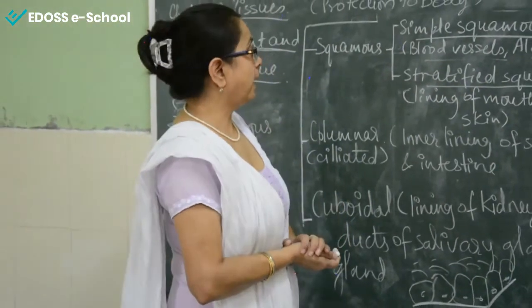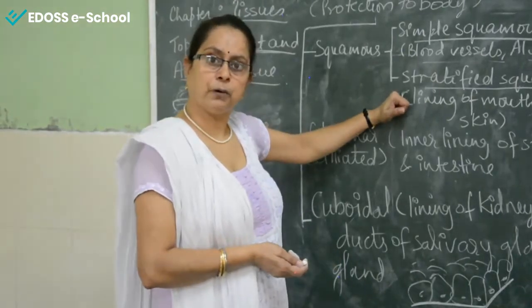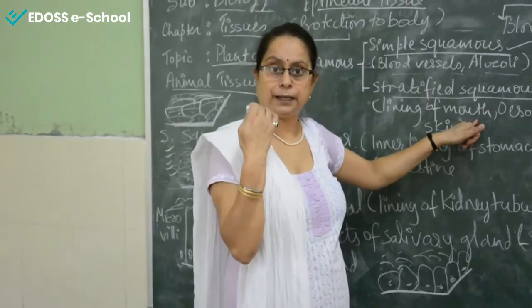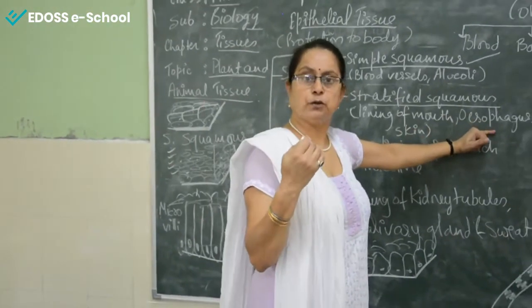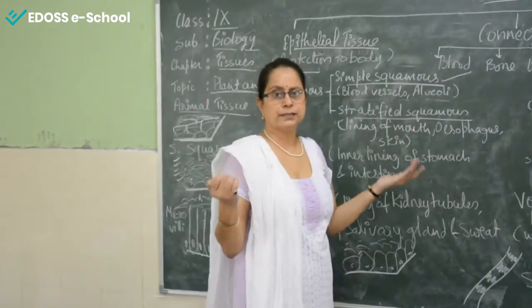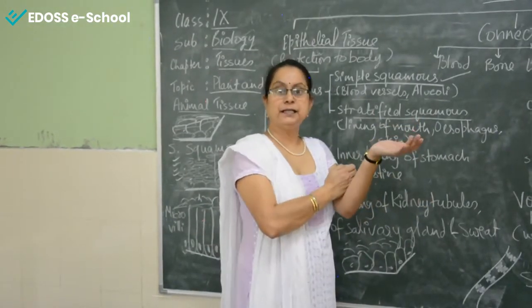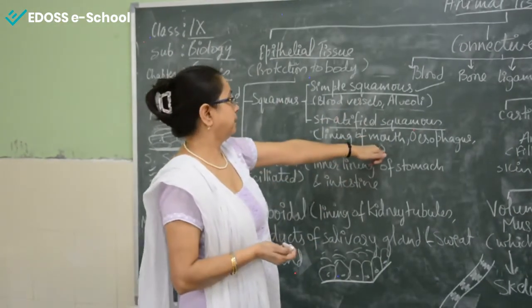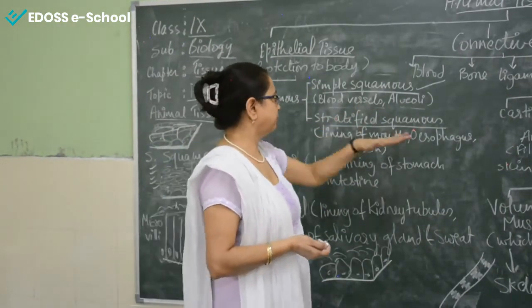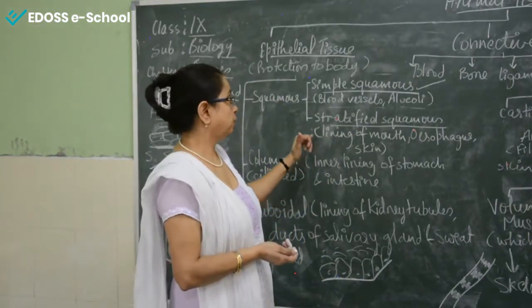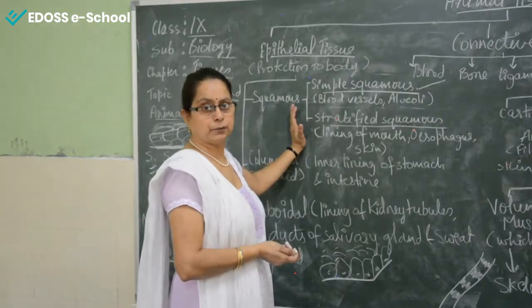Now the question has been asked, where is it found in the body? So it is present in the lining of the mouth, that is your buccal cavity, and the esophagus. Now what is the esophagus? That is the food pipe, and of course in the skin also. Our skin is 3 layered, so triploblastic. So it is present in the inner lining of the mouth, in the esophagus and in the skin. Very important. So you have to learn this properly.